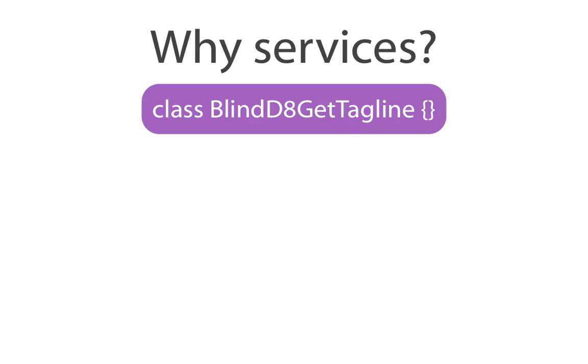Well, the first reason is, what if we want people to be able to override the result of this service? If we were just calling the method directly, then we would force the user to use some other means to manipulate that output or that logic. In this case, we're returning some text, and what if somebody wanted to override that text? Well, they'd have to hook into Drupal after that class was called and we got the text back in order to find where that text is, maybe in a render array or something, and then override it there. If you've ever had to do that before, it's a challenge trying to figure out exactly where the right place